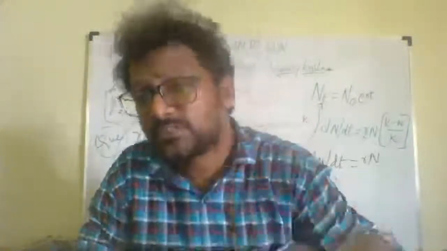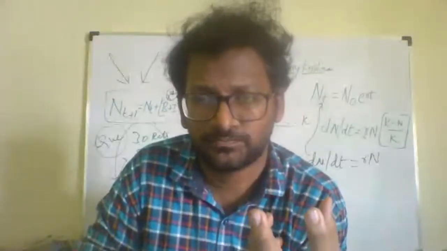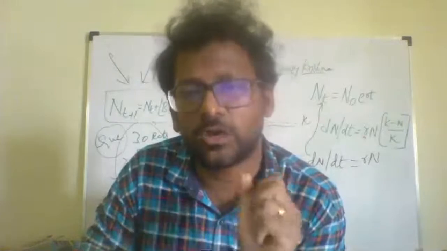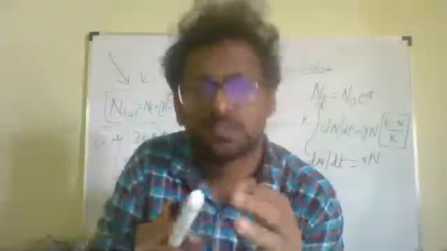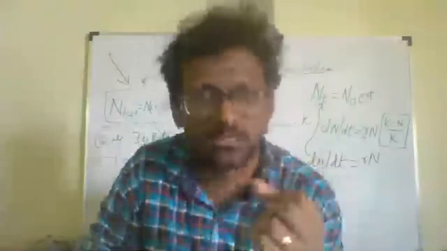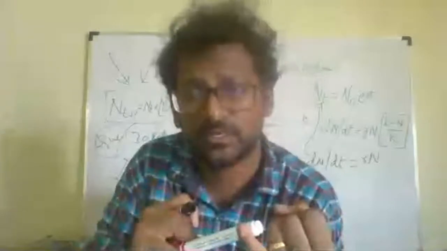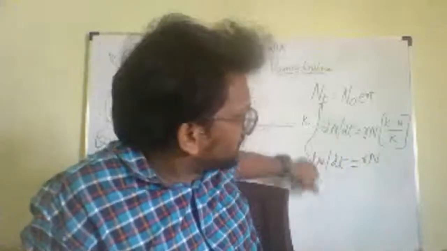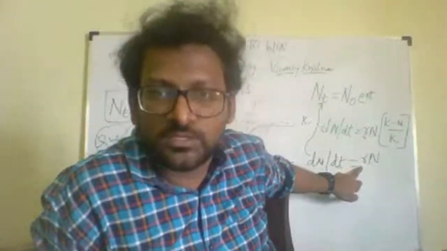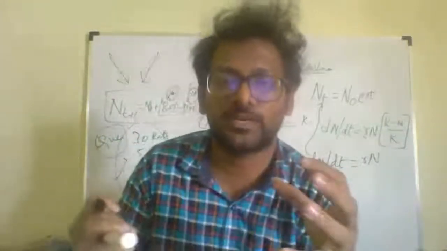So that gives an exponential growth expression, that is dN by dt equal to RN. If you consider this N as the population size, if you have NCERT, please open and look into that. If the population size is equal to capital N, and the period is t, this is the rate at which the density is changing. That is equal to the intrinsic rate of natural increase of the species and the density. So that's how we are trying to equate.